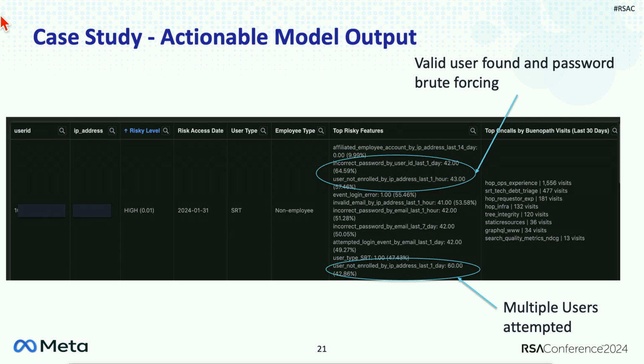And so that can be done through a threshold and or a percentage-based approach. And then we also have roughly the percentile of the score. In this case, this was in the top 0.01% of risky behavior for this application. And so we can see, I'm hoping you can see the column names in a little bit more detail, that it looks like there were multiple features per IP address and per user ID in particular. It looks like this IP address was starting to enumerate a bunch of different users. It looks like it found a valid user, and it was then trying to password brute force on this particular endpoint.